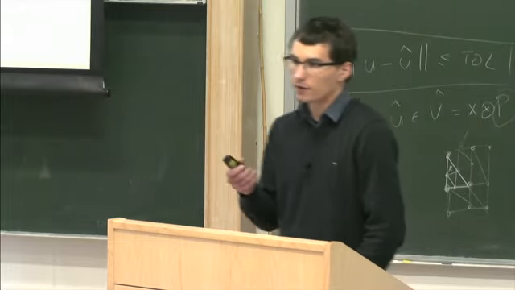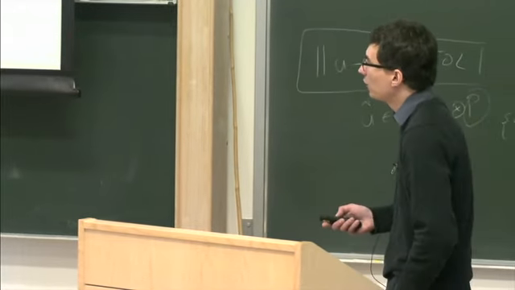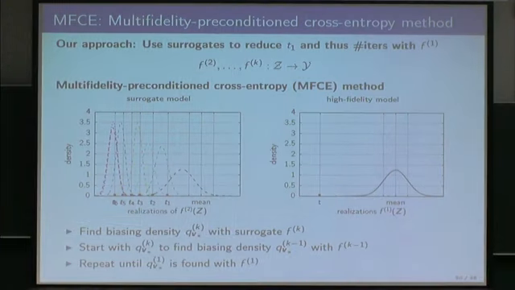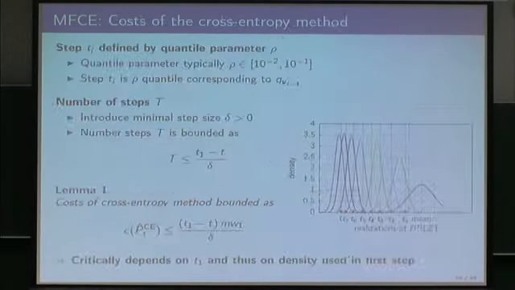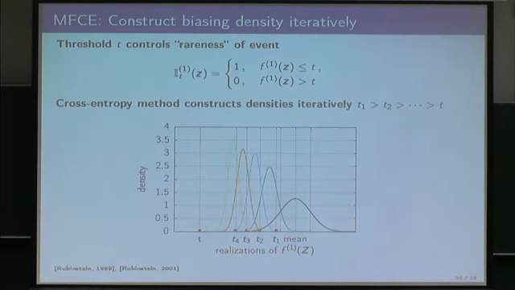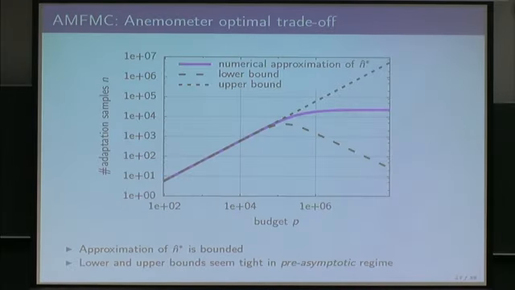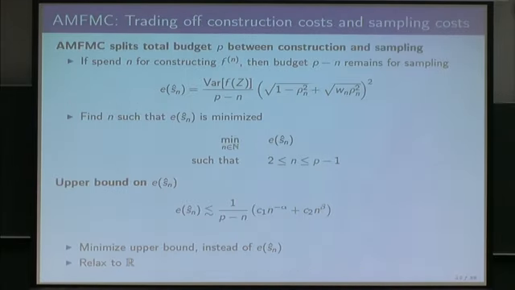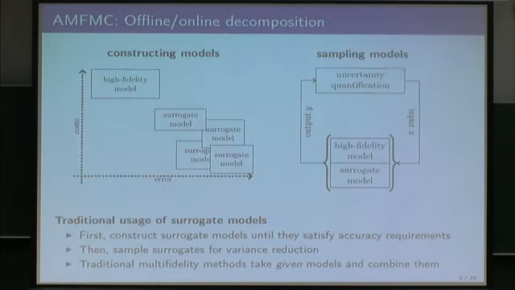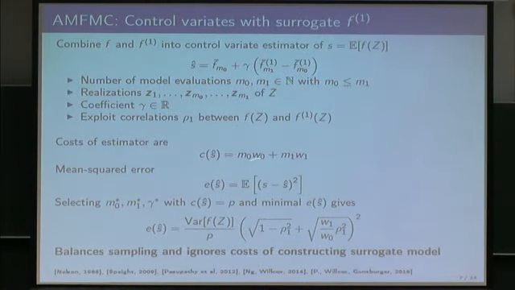Yeah, thanks for bringing this up, because in our situation we have no bias. We say the high fidelity model is our ground truth, so there is no bias. We only have the variance. So maybe the comment should then be interpreted in the sense that I should not call it the mean squared error, but rather the variance. Yeah, because we have occasional evaluations of the high fidelity model, which reduces the bias to 0.